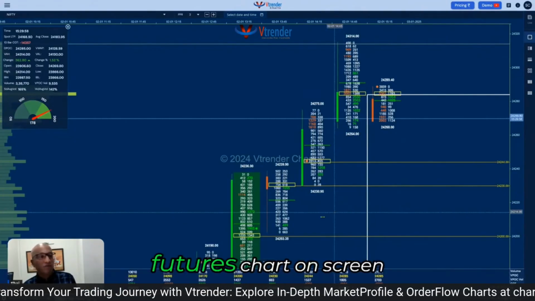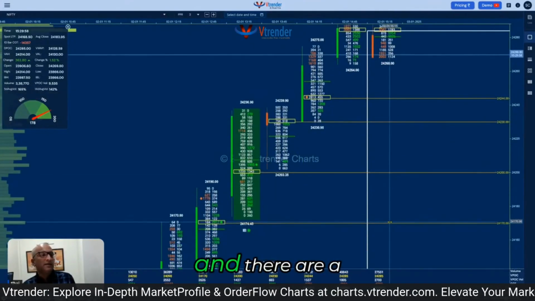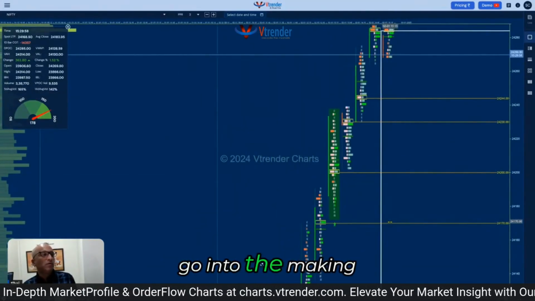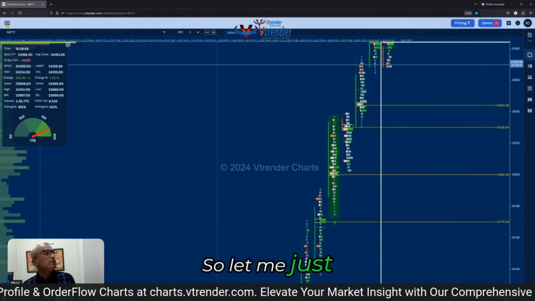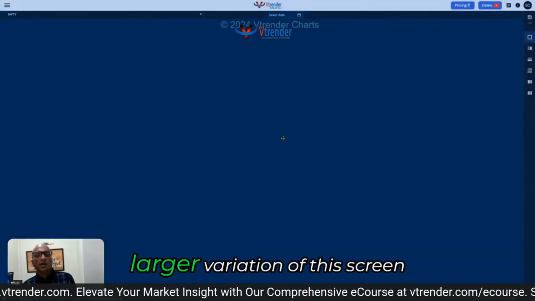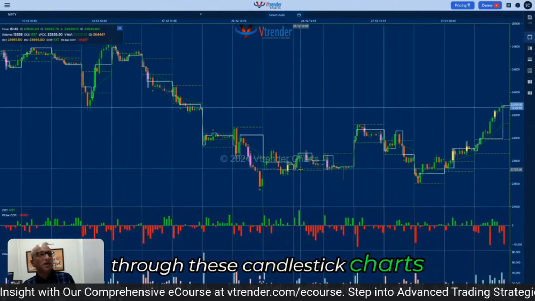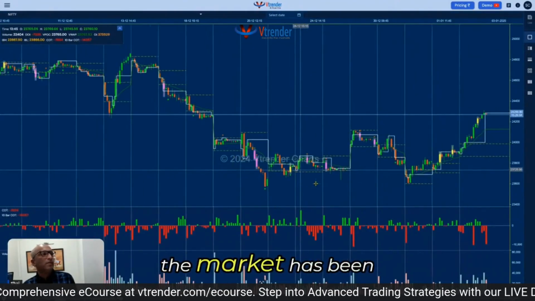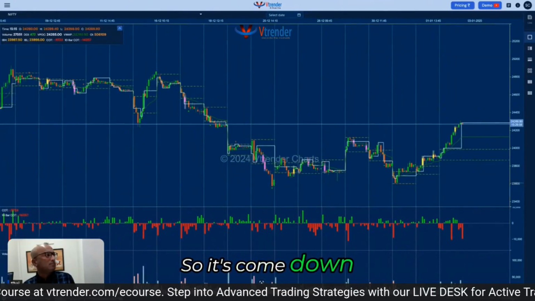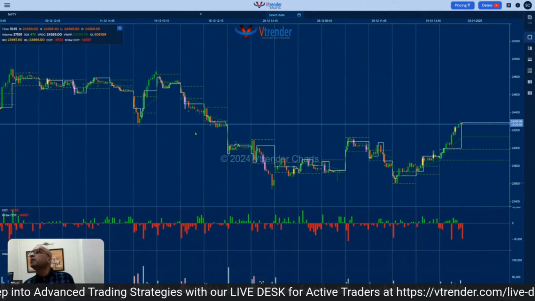I have a Nifty futures chart on screen, and no doubt some of you have looked at it, and there are a lot of elements which go into the making of an order flow chart. So let me just zoom out and bring to you a larger variation of this screen, and we get that through these candlestick charts. And this is where the market has been. So it's come down, it's come down,